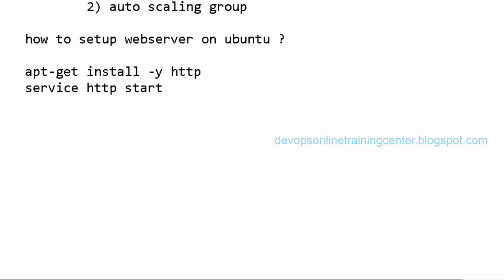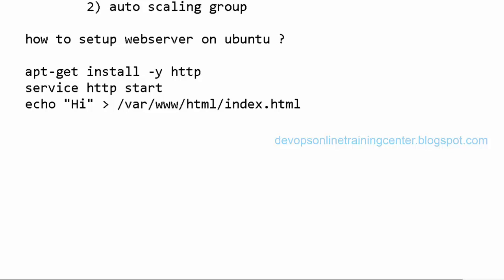And what else? Configure the index.html. Okay. So let us say I just say hi, and then I redirect it to /etc/html/index.html. Yes. Will this work? Looks like it should work.